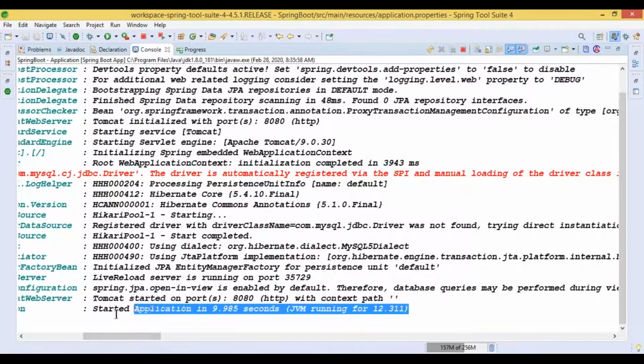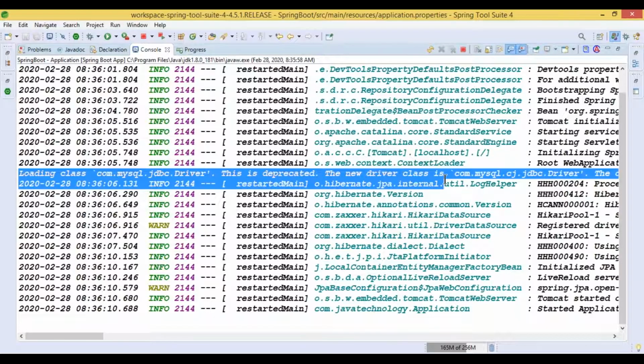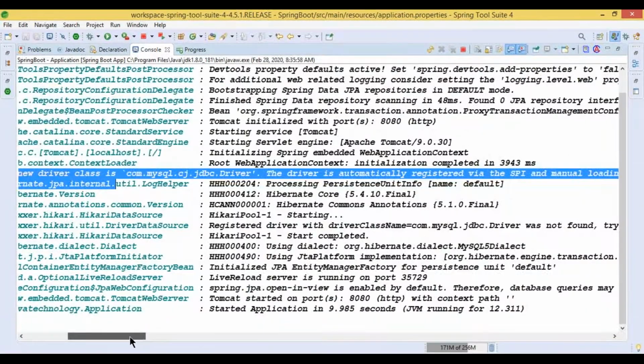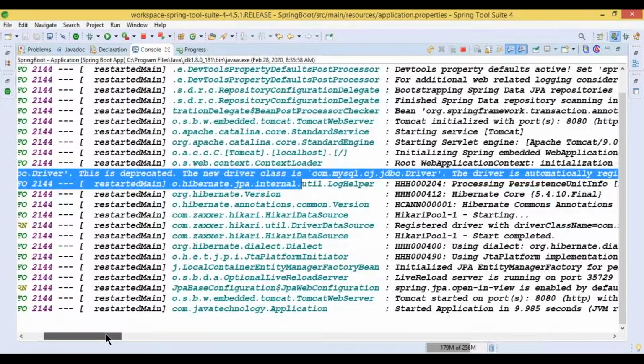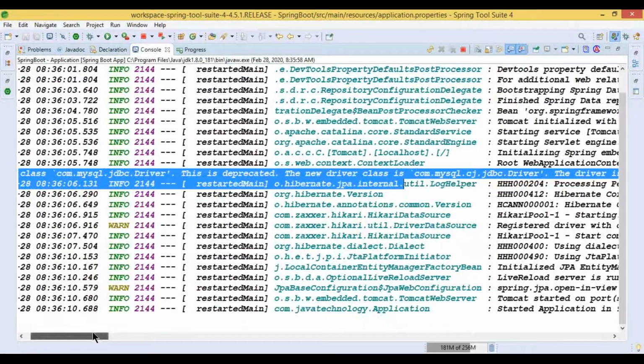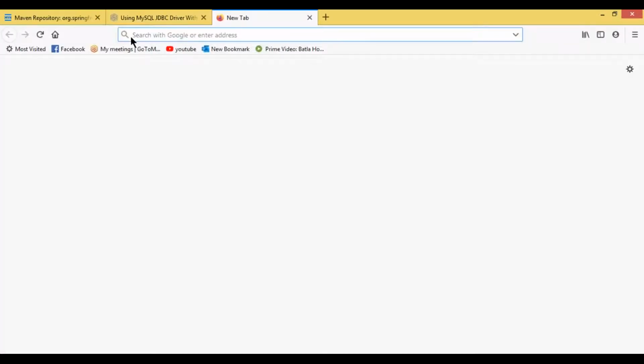Okay, the application started, but it is showing one error here. The MySQL JDBC driver is deprecated. The driver is automatically registered via SPI, so we need to add one more driver. Okay, so we will try to work with the application and go to